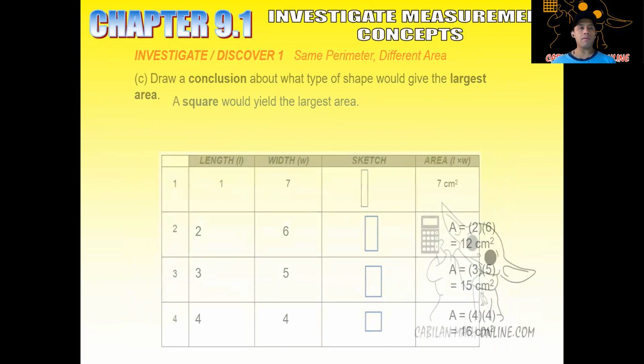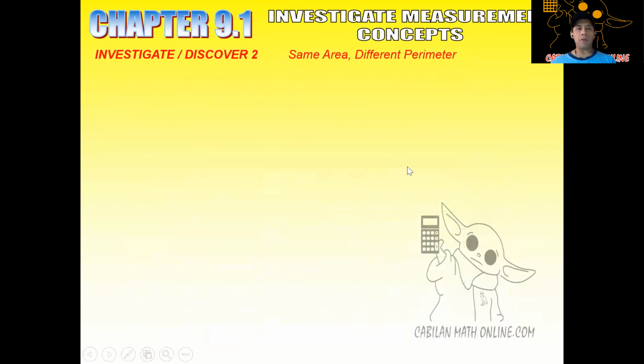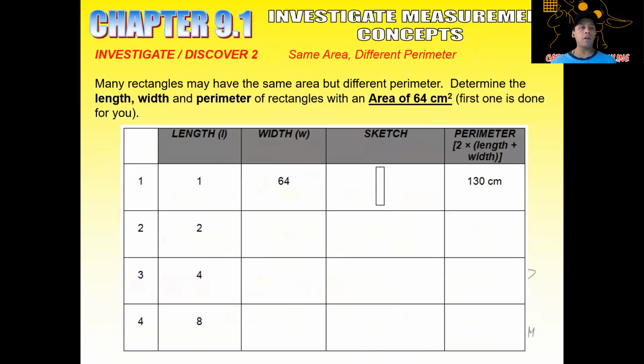All right, so the next investigation we're going to look at, we're now going to deal with it in a similar fashion, but this time we're going to be given an area and we're going to discover something about perimeter. So it says here, many rectangles have the same area but different perimeter. Okay, so we're going to approach this the exact same way. The only difference in this case, as I mentioned before,